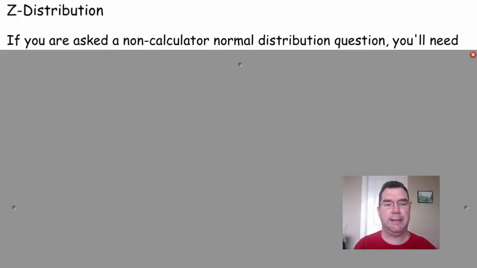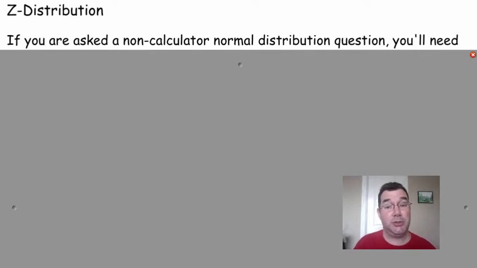All right, we are in the last section of the last chapter of the core material that you need to know for papers 1 and 2. Everything after this point will be for HLs only, and it will be material for paper 3. So we're going to talk about Z distribution, and this is mainly something you're going to have to do if